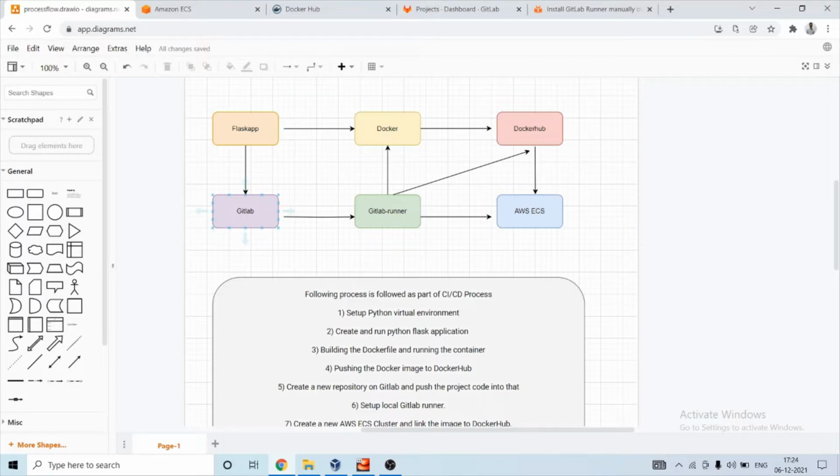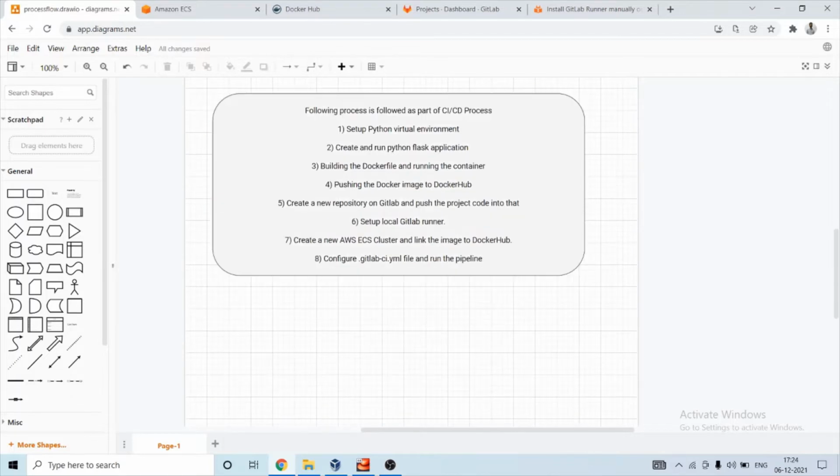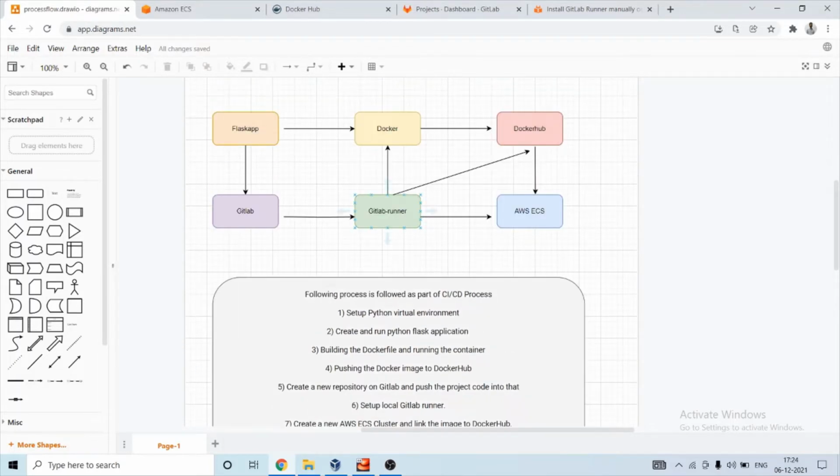We will trigger a CI/CD process using GitLab runner, and whenever it sees a new commit has been made to GitLab, it will launch a new container to it. So let's begin our process.